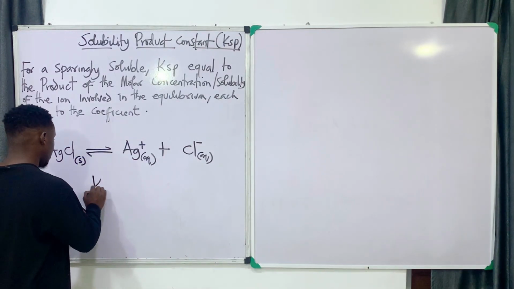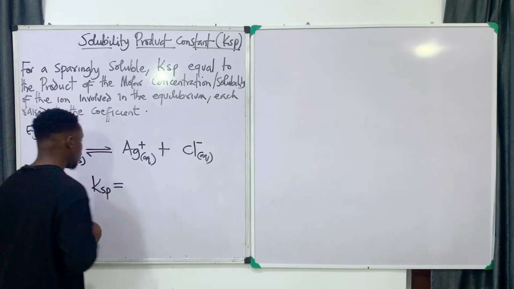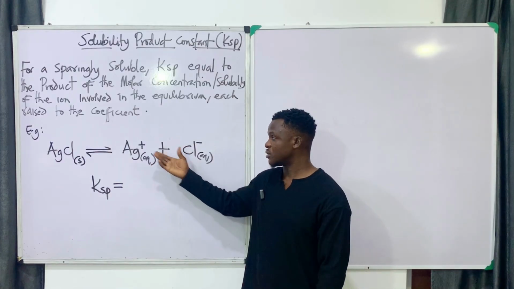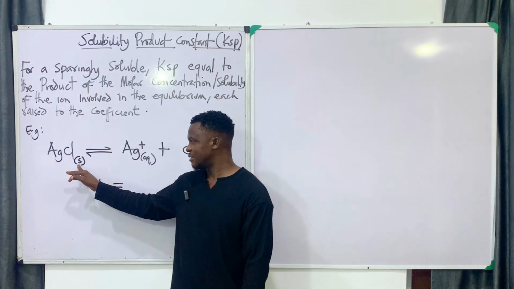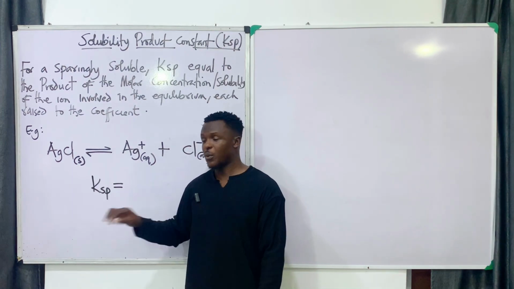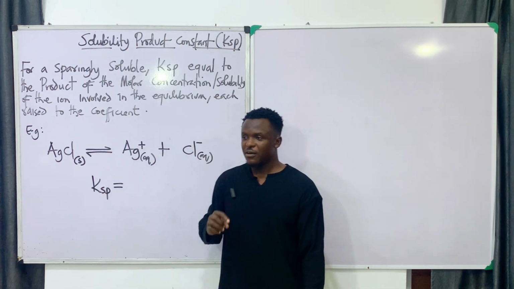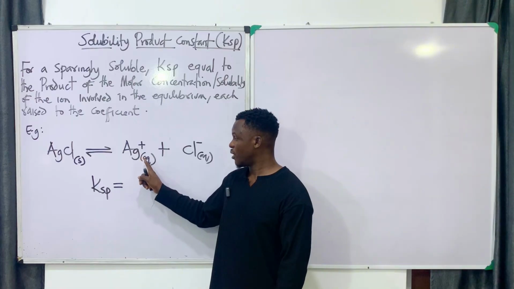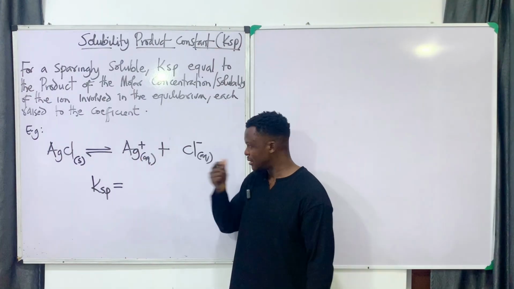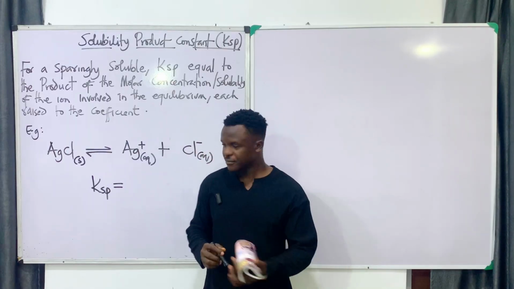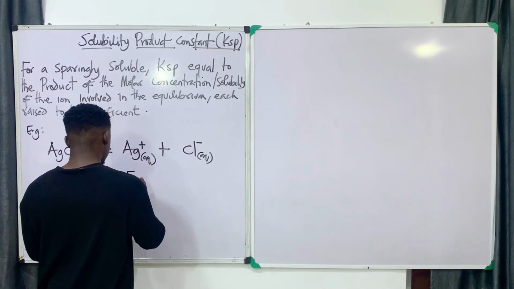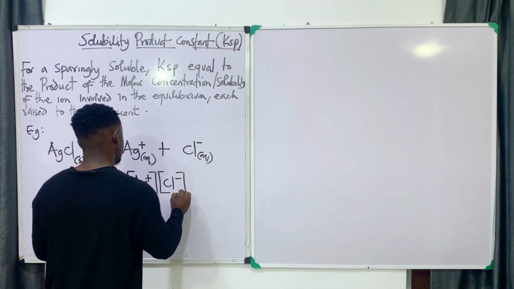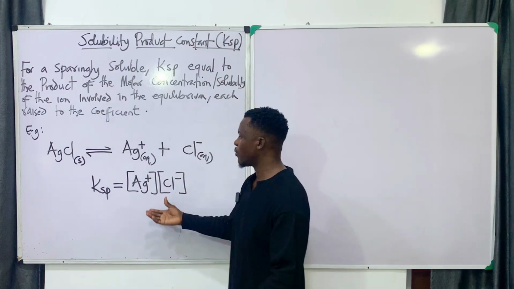So my Ksp here becomes equal to, recall, in the case of Kc, we said the ratio of the product to that of the reactant. But this time around, the reactant is a solid. That is why we are not going to include the reactant. Recall I said, for you to write an equilibrium constant, that substance has to be gas or aqueous. So the ions are aqueous, so we can actually write for them. But the reactant is a solid, so we are going to ignore it. So this is how we write